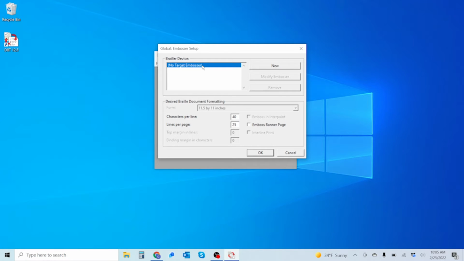After you have opened Embosser Setup, the Global Embosser Setup dialog box will pop up with options displayed to select your desired Braille document formatting and to select your Brailler device. Since you are setting up your Irie Embosser for the first time, the Irie Embosser will not be listed as an option. To add the Irie Embosser as a Brailler device, choose the New button to open the Embosser Configuration